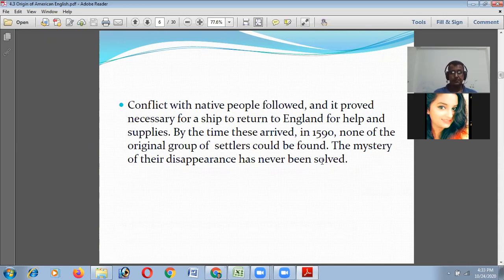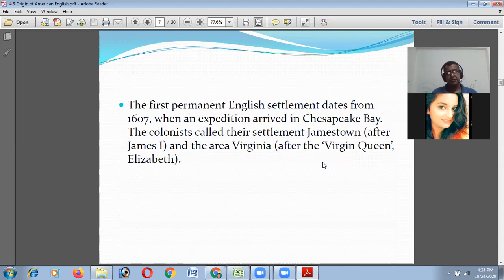By 1590, none of the original group of settlers could be found, and the mystery of their disappearance has never been solved. Actually, it was observed that in 1590, the people who came from England to America had disappeared. Where did they go? It was a mystery. The first permanent English settlement in America was in 1607, when an expedition arrived at